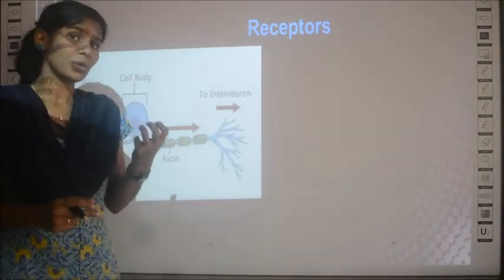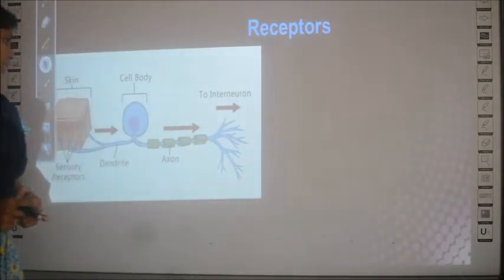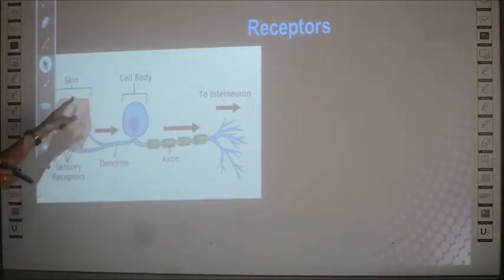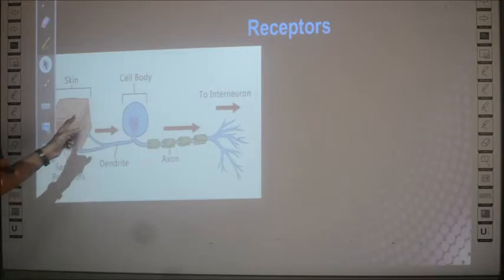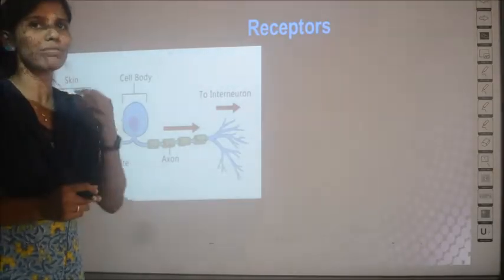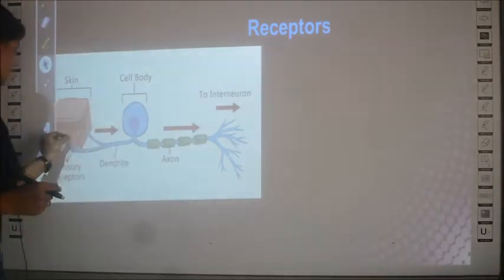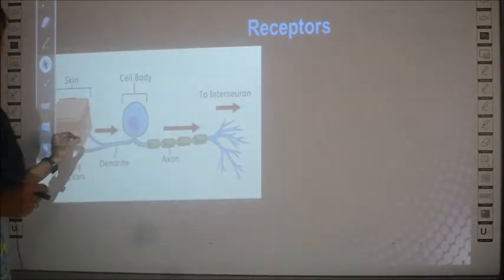Then, I told you there are receptors in the skin. Where will the receptors be? See, if this is the structure of the skin, the detailed structure of which we will be learning in the next slide, can you see a brown colored portion here, like circles? These are the receptors. As I told you, every sense organ will have receptors, right? Similarly, in skin also you have receptors, which are colored brown here.